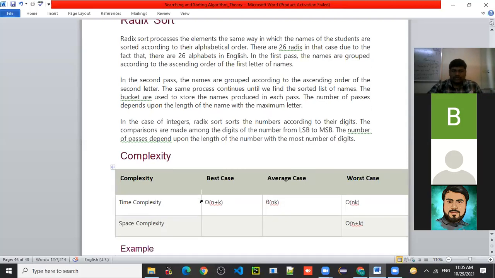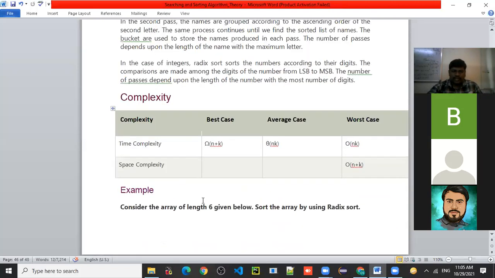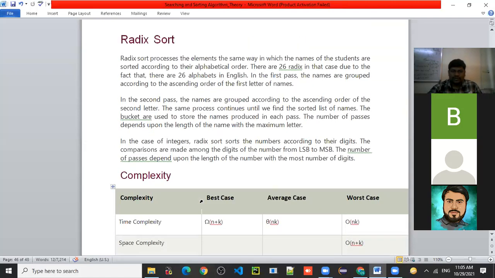Now everyone is using this algorithm in daily life. We have seen the example of a dictionary or a telephone directory. What is another example? Dictionary we discussed, right? These are sorted by using radix sort. Now this radix sort processes the elements by considering their names, so we'll take the example of a student list. How to sort the student list?